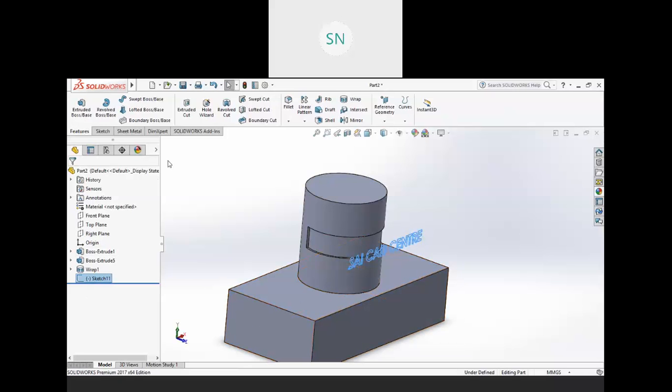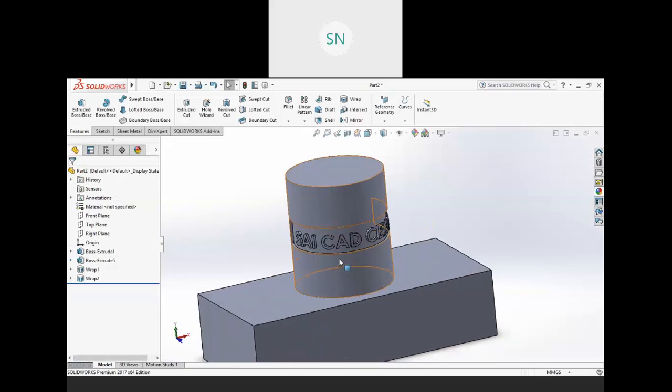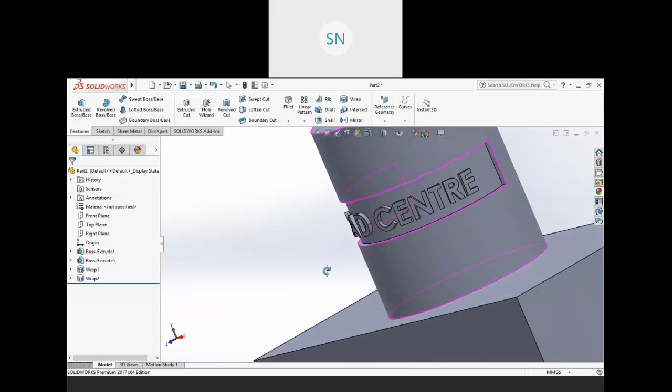You have to go to your feature manager tree. So for that, first select your sketch, then go to wrap, right? Now I want emboss 2 mm and on this face. Okay, so see, this is my text, embossed text.